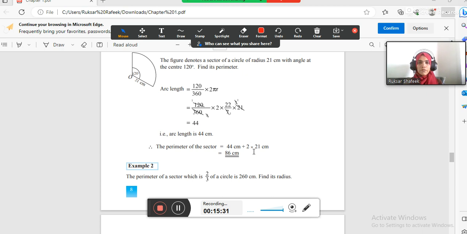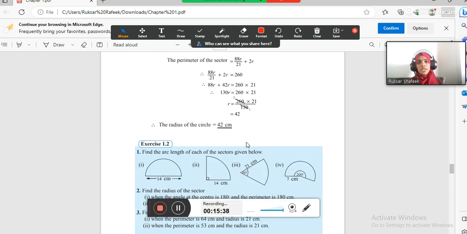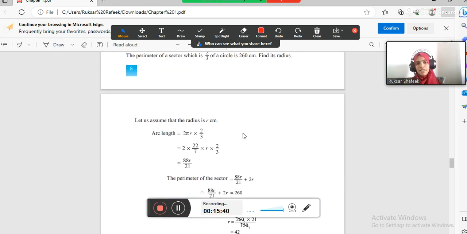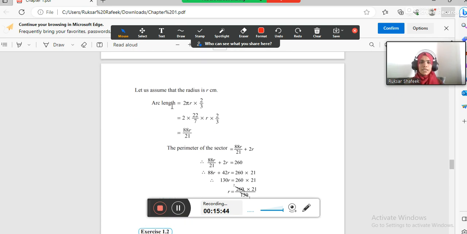So remember that's what they've done. They've added 2 times 21 here to make it 86 centimeters. And they've given us a few questions where you need to find the radius where the perimeter is given. And so let us just work one more question under this, and then I think we will be done with